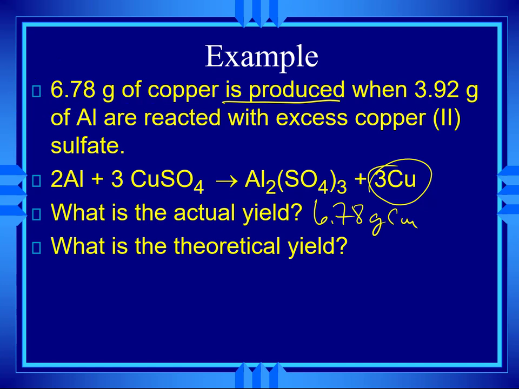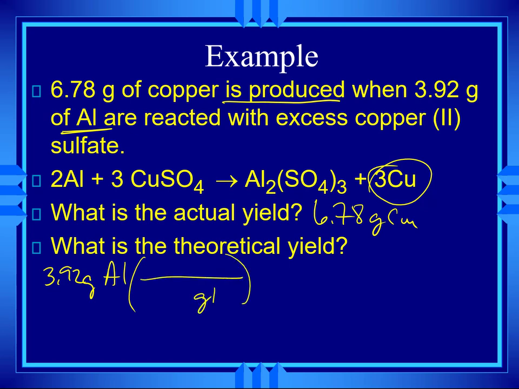I don't know, but I can figure it out. How much copper should I make? Well, I should stop making copper when I run out of aluminum. They told me about aluminum, and they told me copper 2 was excess. So I know what my limiting reagent is. So I start with the 3.92 grams of aluminum